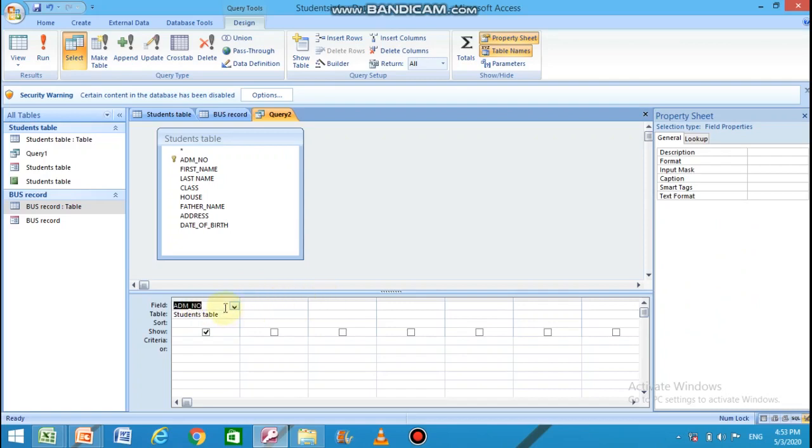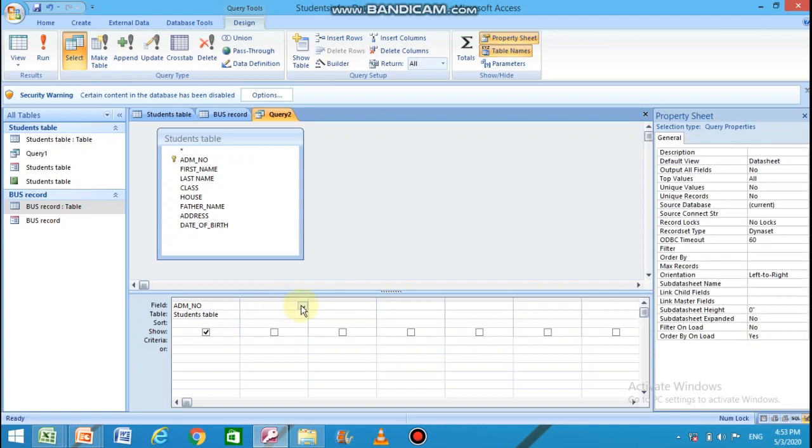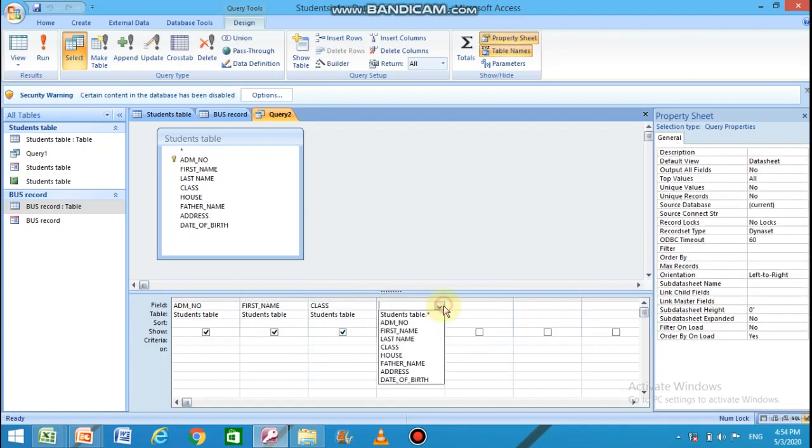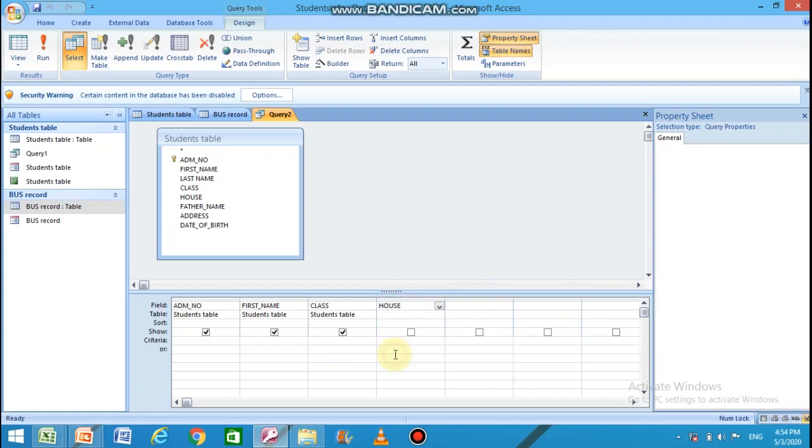So I want to see the admission number and first name of the student, class of the student, and house of the student. Now table: from which table do you want all these records? It will be automatically selected as the students table.